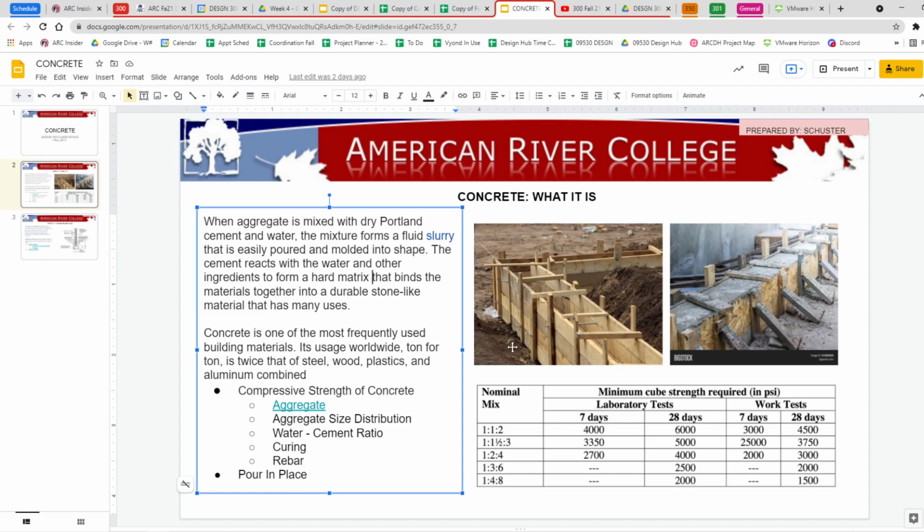Now, sometimes the mold is just dirt. Sometimes the mold is dirt plus a form. And sometimes it's pre-poured concrete and a form. And sometimes, if it's a tall concrete building, it's a form. But there's something that makes that slushy, mushy stuff hold its shape. It has to stay as a slurry. If it separates, it's a problem. And so there's a lot to getting your slurry correct so that when you pour it into the form, it is homogeneous, and it's pretty good, and it takes often a matter of hours to a day for